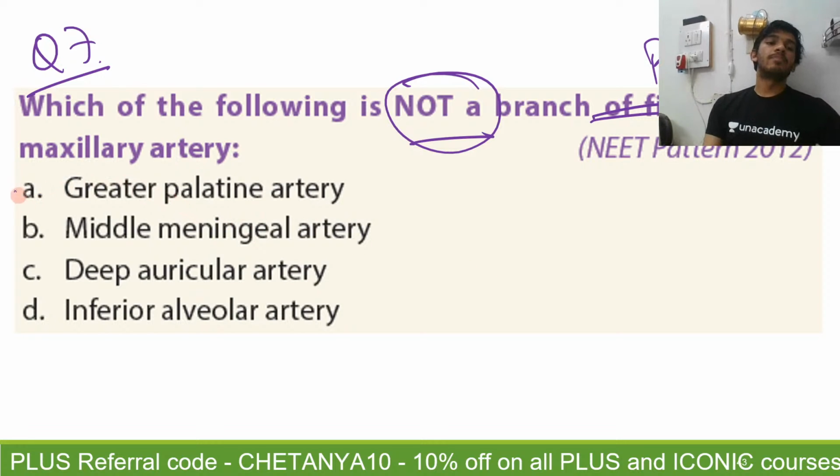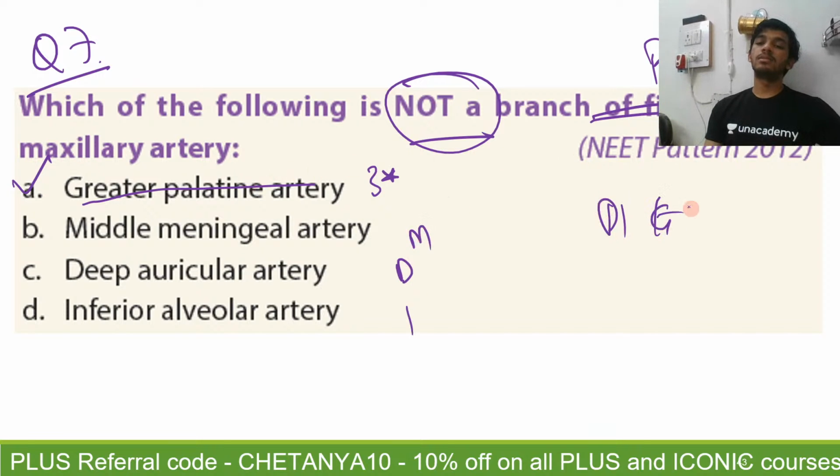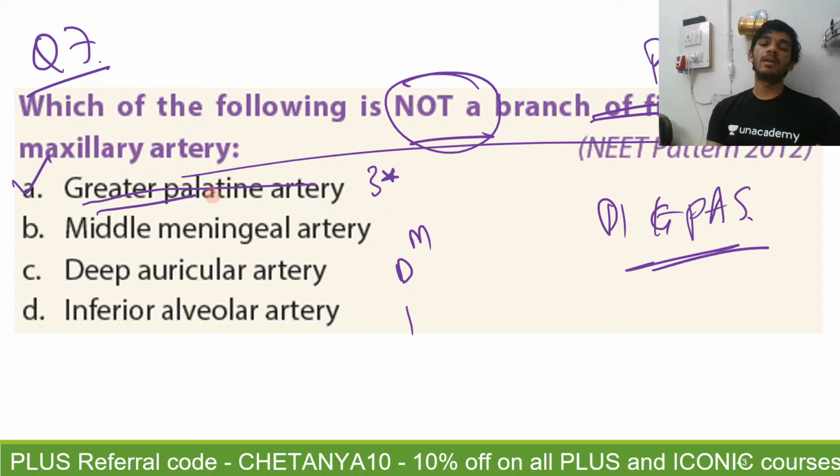7A, absolutely. Greater palatine artery. Greater palatine artery is a branch of which part of the maxillary artery? In "Admi" you can see that the greater palatine artery is not there. Greater palatine artery is part of "Pig Pass", that is the third part of the maxillary artery. So the moment you see the first part of the maxillary artery, write "Pehla", "Admi", and you will come to your